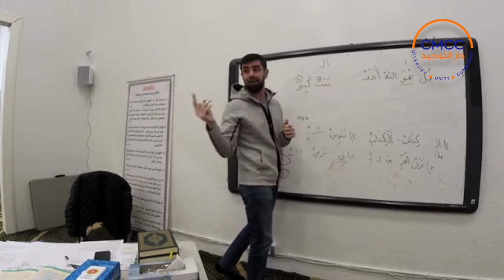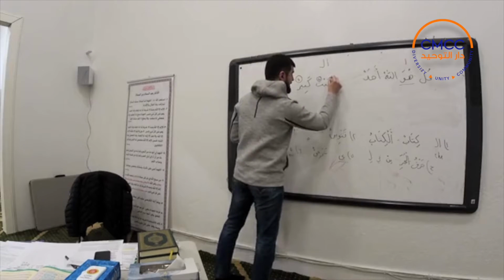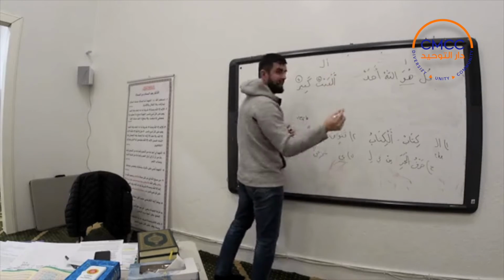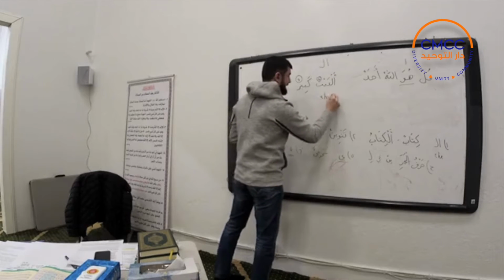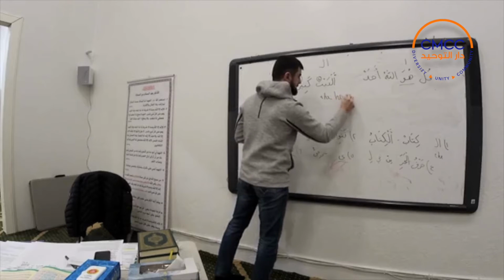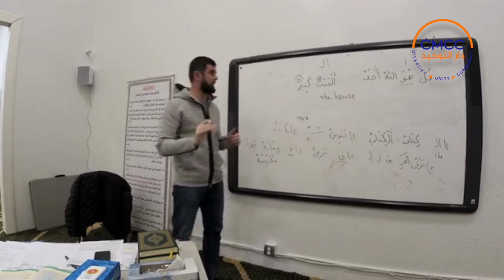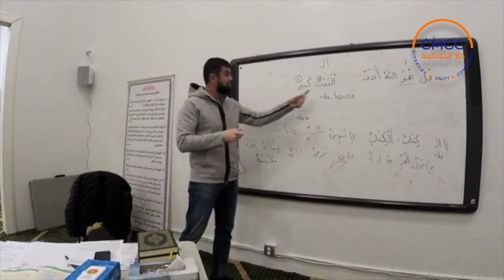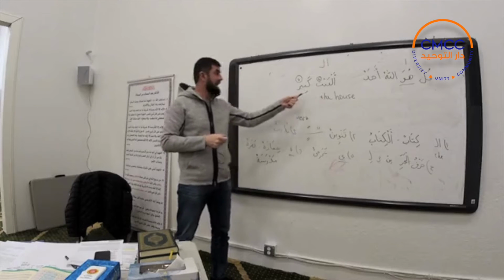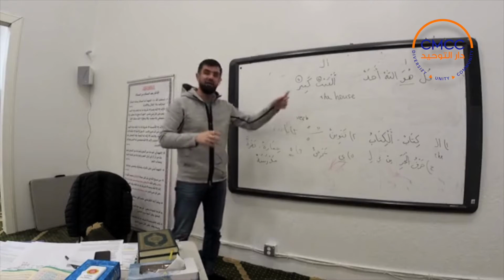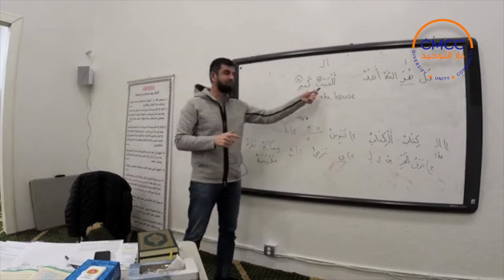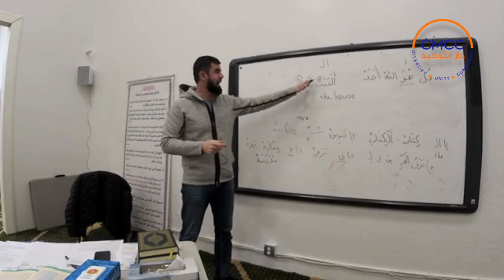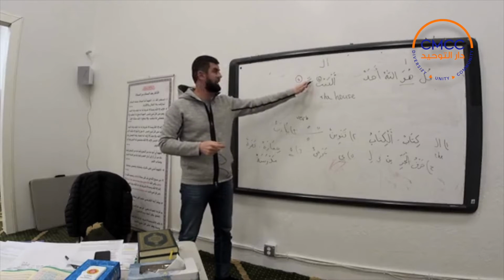If we put al-baytu, exactly. We put al-baytu. In that case, it means the house, okay? Is this clear? So if we put al in front of the noun and it has an adjective, beautiful house, what happens in that case? The same al will be applied to the adjective too.